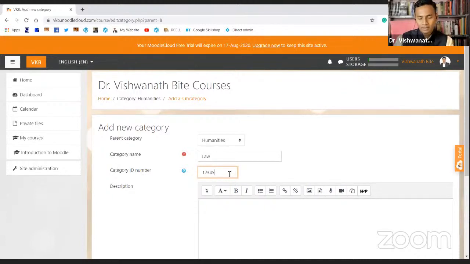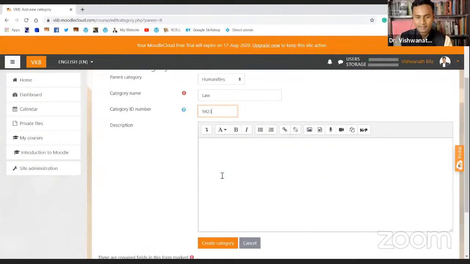I'll say 9423. My mobile number starts with that, and you can choose whatever number. You can pre-decide that in the arts category we will assign numbers starting with 111, then 112, 113, 114. In the science category we'll start numbering from 151 or 251, 201, like that.